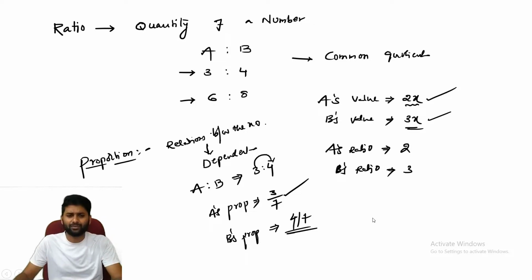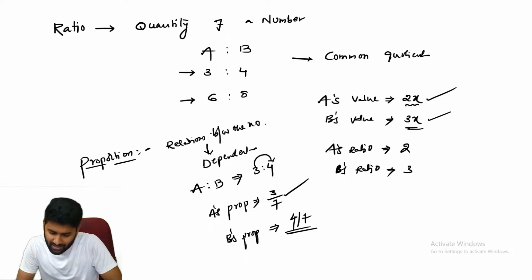These are the basic information about ratio and proportion. If any value has a quantity, it is all about ratio. Relation between the numbers is all about proportion. Here, guys,